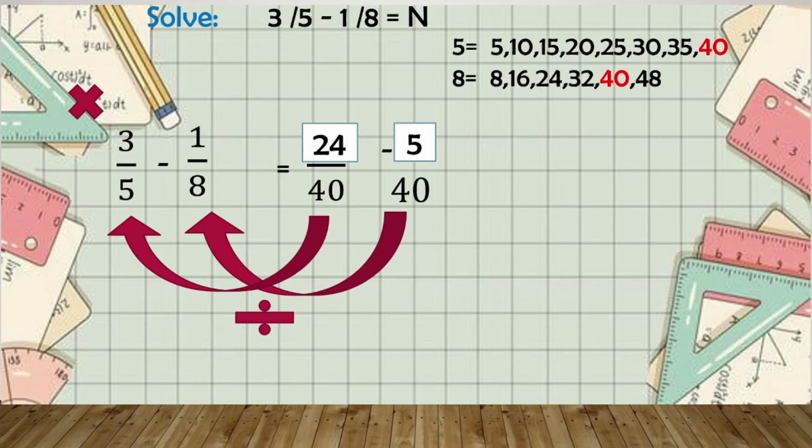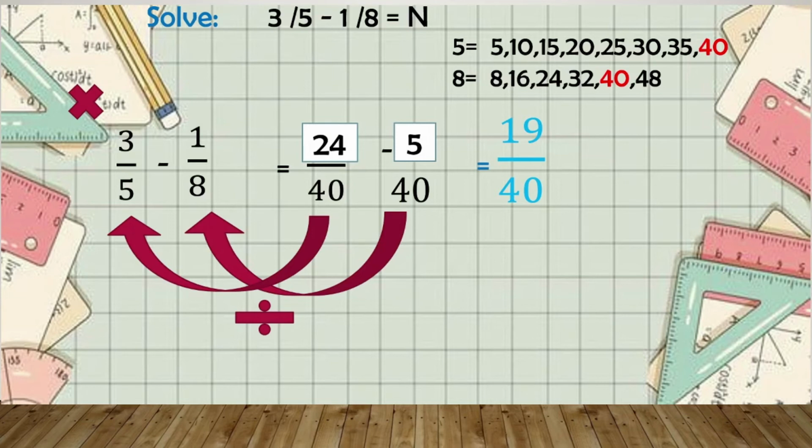24/40 minus 5/40. So, napakadali lang mag-subtract ng similar fraction. You're going to subtract the numerator. 24 minus 5, we have 19. And then, copy the denominator, which is 40. So, we have an answer of